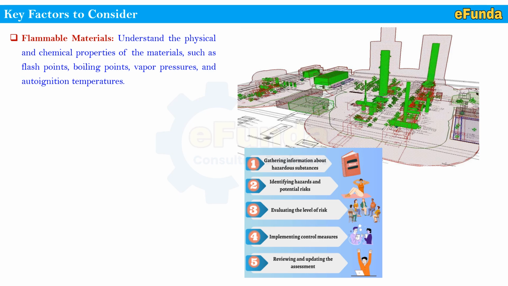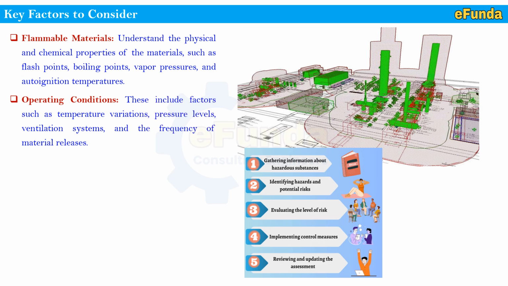For example, a substance with a low flash point might create a hazardous atmosphere even at the lower temperature. So it is very important to understand. Second, operating conditions. This includes factors such as the temperature variation, pressure level, ventilation system and the frequency of material releases. Understanding the operating environment will help you to classify the areas accurately, which helps you to choose the right